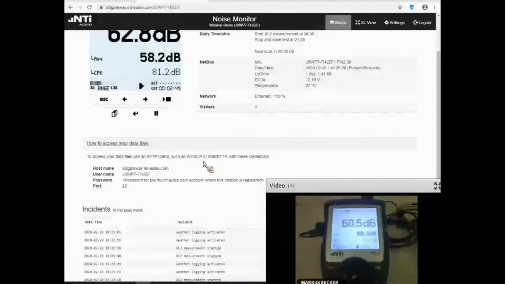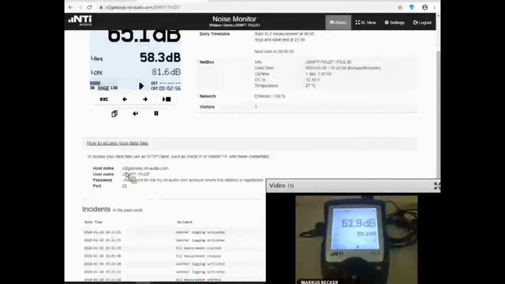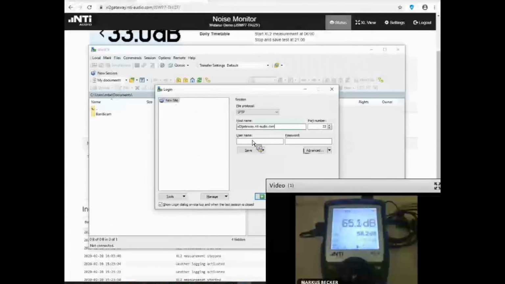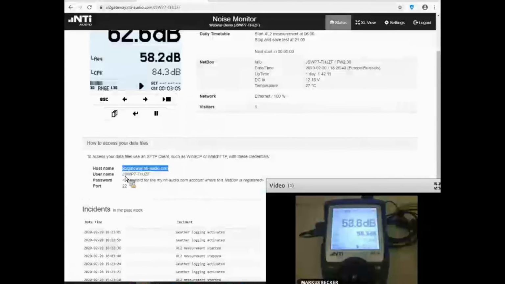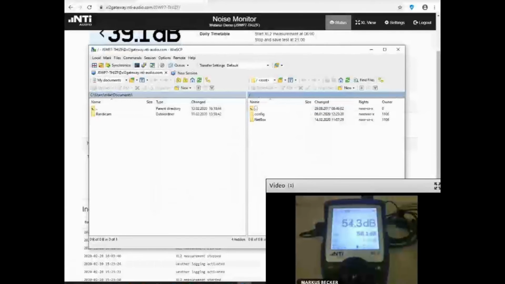This is how the software looks when I start it. So I need a host name. The host name is this one here. So I can copy and paste it. The username is actually the serial number of the netbox. And your MyNTI Audio password. I confirm. The system connects,